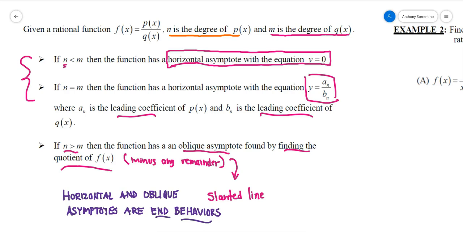Sometimes those kinds of things cause situations where the graph might pass through the horizontal or oblique asymptote, but it doesn't necessarily mean it's going to avoid it completely. It's only going to do so towards the ends. So let's look at the situations for example 2,